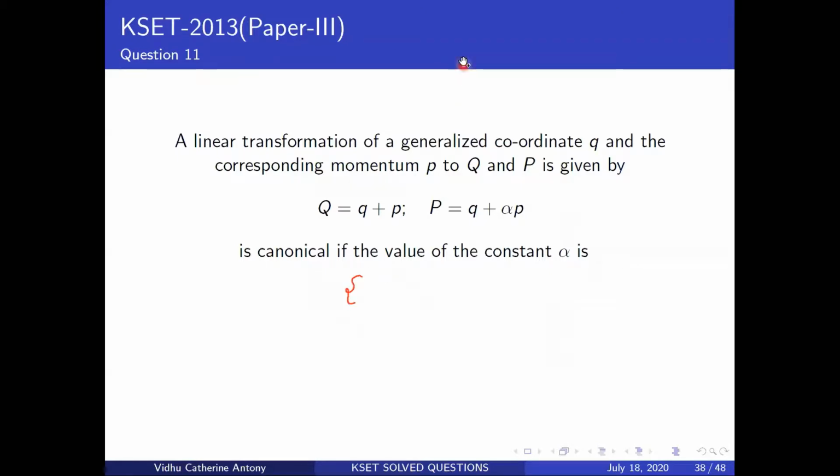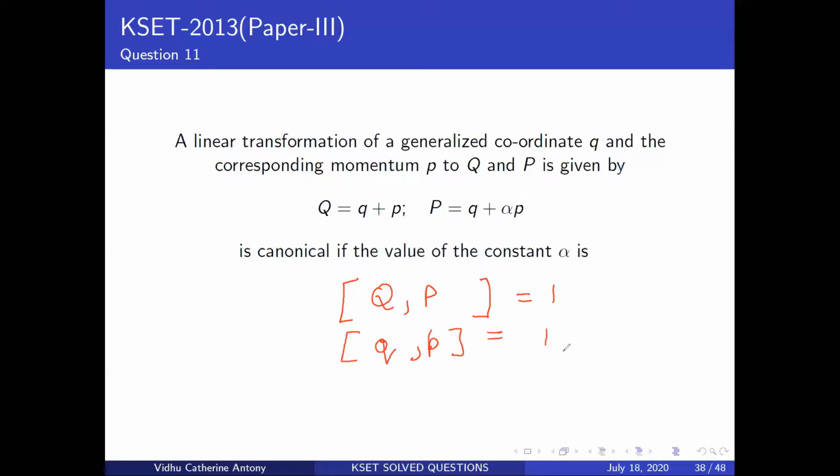Different books have different notations, and I've tried to figure out a particular notation, but I think this is the one which is frequently used. This is a notation that's used for your commutator in quantum mechanics, but here we are dealing with classical mechanics, so I think it should be fine. You have a Q here and a P here. If these are canonical transformations, you would have read about it and forgotten, so I ask you to go through them once more.